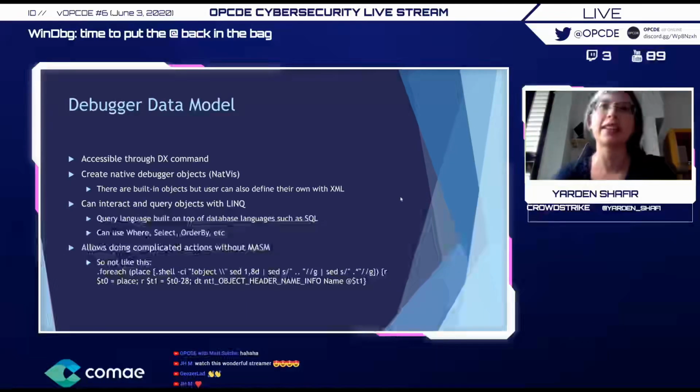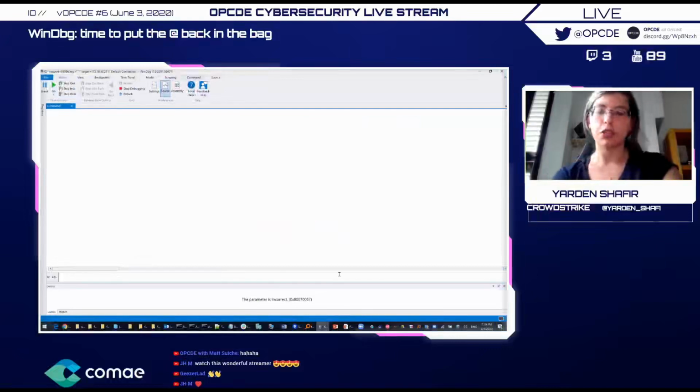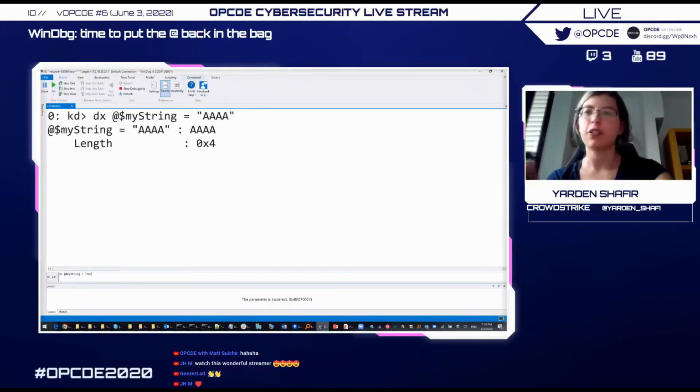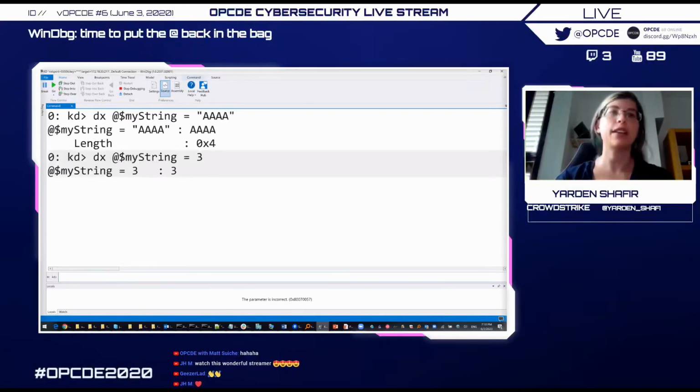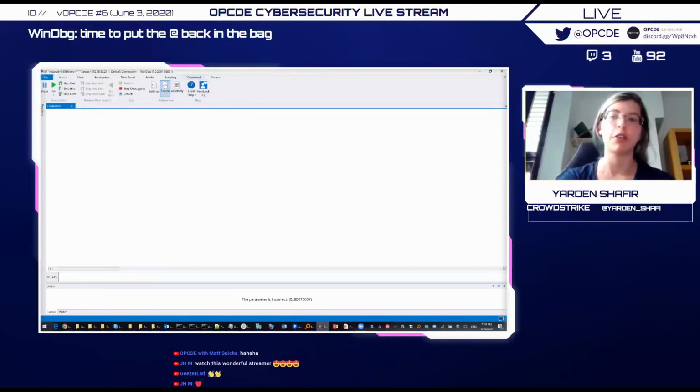So what we can do with dx is, first, we get some new registers. We can define our own registers. For example, I define a register that I call my string. We can pick whatever name we want. That is a string, but it can also be a number. It can also be of any type that it knows about, any type that's defined in the XML, or, as we'll see later, some dynamic types. Other than that, we also get some built-in registers that are very useful, like cur thread,